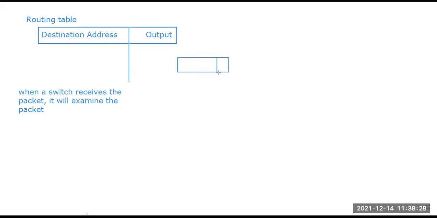Suppose this is part of the header file. Consider this is the message part, and this is the header part. This header has the information of the destination address, and this is the message. According to this destination address, consider the header has the destination address 1234. So this is the address where the message needs to be delivered.